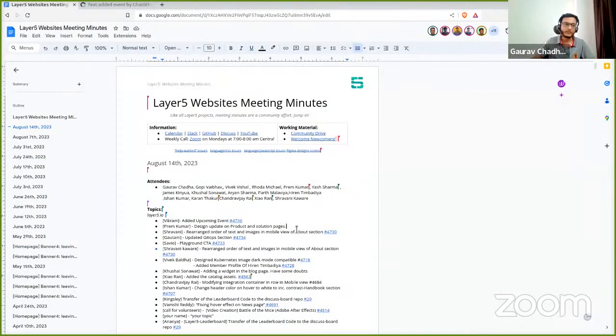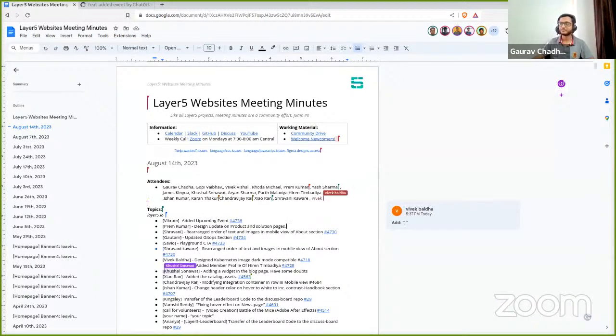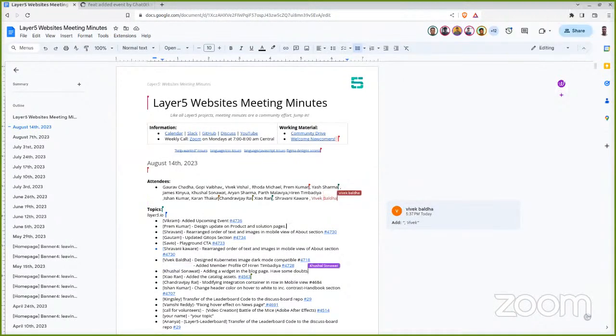Next up, we have an item from Prem Kumar, who is with us on the call. Prem is working on a couple of designs along with Rex on the products and solutions page. So Prem, would you like to share your screen? Let's take feedback. Yeah, hello Gaurav. Hey. Is my voice audible? Yep, you are perfectly audible.